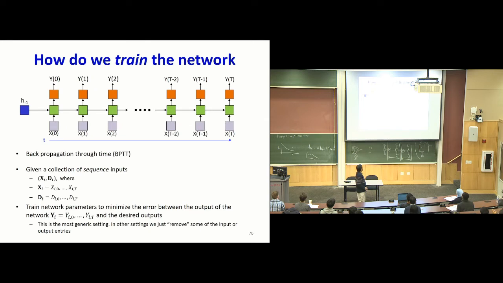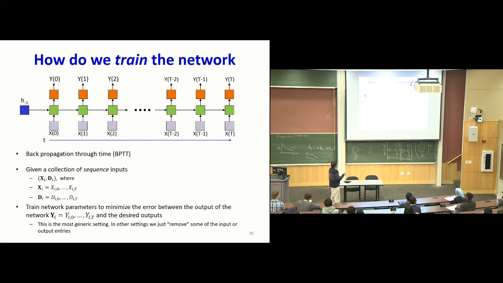For this, of course, we have to consider this issue of how do you train the network, okay? So we're going to use back propagation, but we're going to call this back propagation through time. And it will become apparent why we call this back propagation through time in a few seconds. What did we do when we performed standard back propagation? We started at the output and worked our way back to the input. There was no other way of computing the derivatives, right? Because the error was defined at the output, and then you had to push the derivatives backwards through the network.